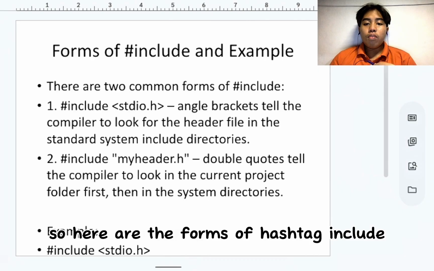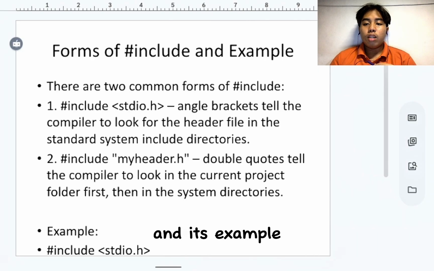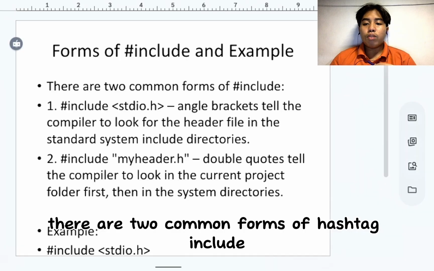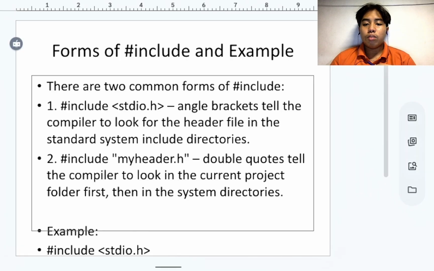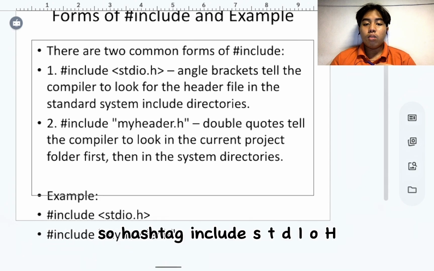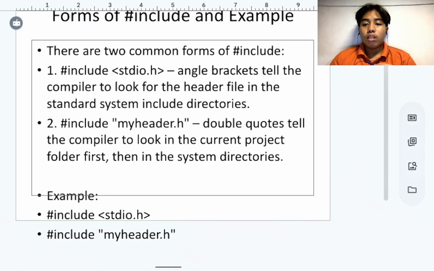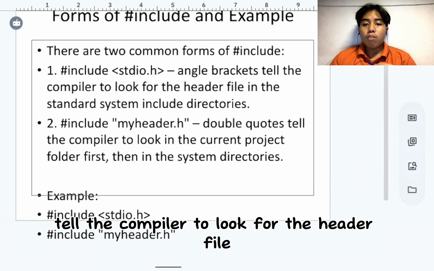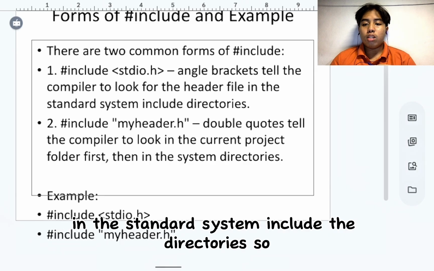So, here are the forms of hashtag include and an example. There are two common forms of hashtag include. We're just going to do the number one here since it's easier to understand. So, hashtag include stdio.h. Angle brackets tell the compiler to look for the header file in the standard system include directories.